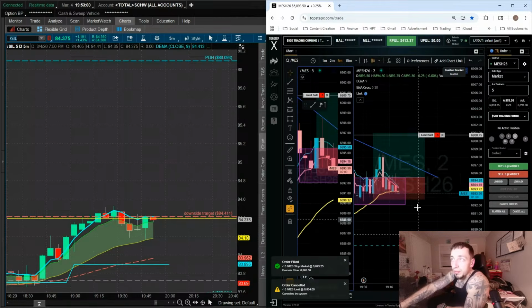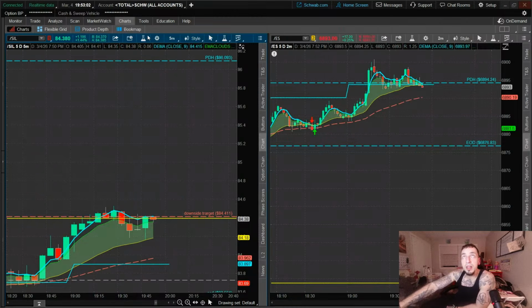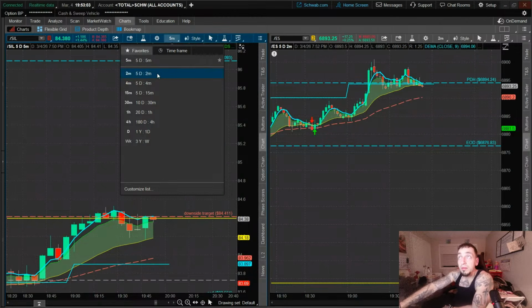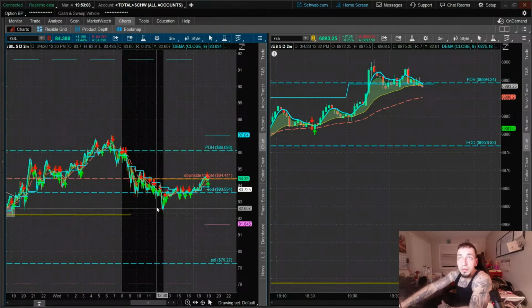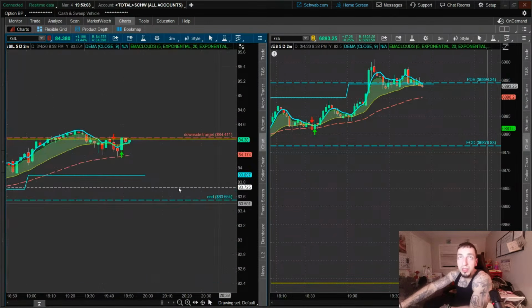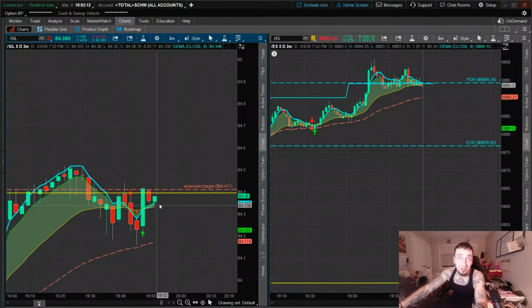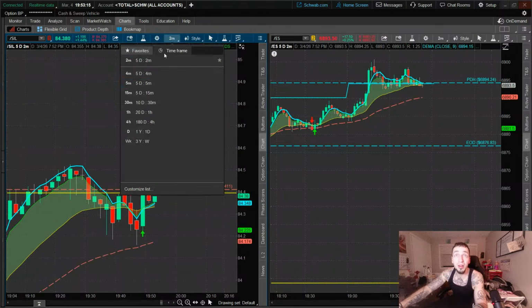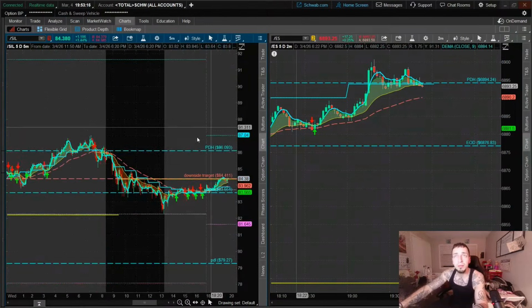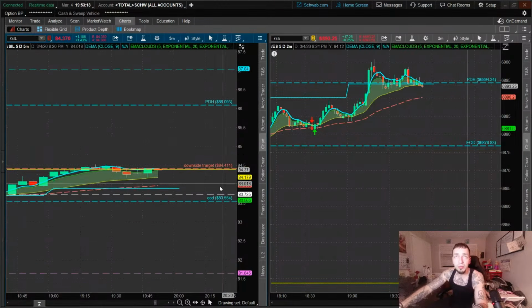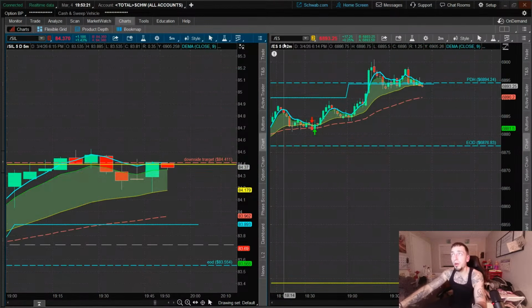All right, I'm out. That clipped me. All right, so let's go on to the next. We got caught in some chop right there. Still pretty good execution. All right, silver. I kind of like this long. I don't love where the 1 hour trend is. Let's see what oil's doing.